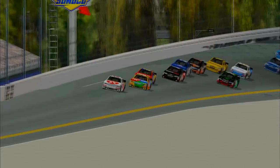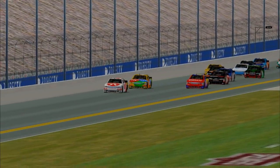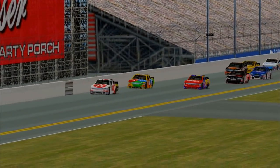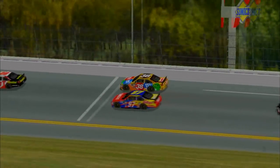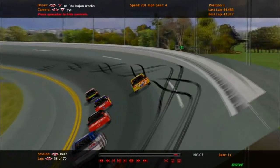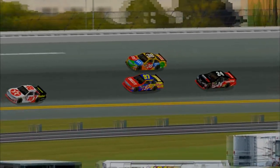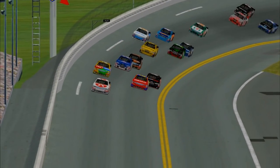Dejon Weeks is playing this race so smart, but Bassinger is tired of the games. He's going for it. Charles Sanford is a lap car. In between him is Fitzwater, but Bassinger to the inside, looking to take the lead. It'll be coming around to 2 laps of racing to go. Jake Bassinger looking to take it away, but Weeks trying to hang on the corner panel because he knows coming